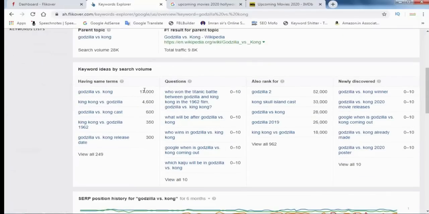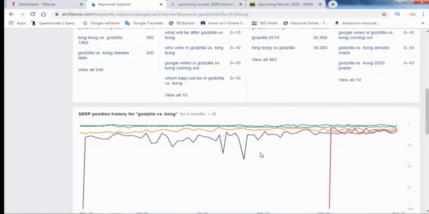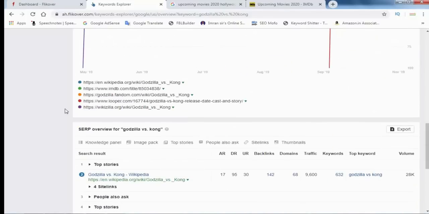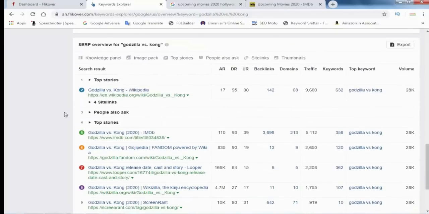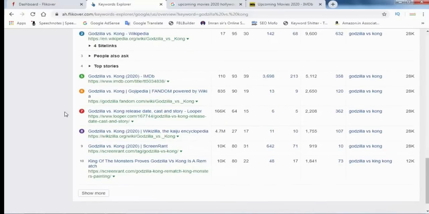Godzilla vs Kong has 17,000, and all these keywords you can check here, and also all these questions. You can cover any question to write an article on this topic, and this article is going to rank on the first page of Google.